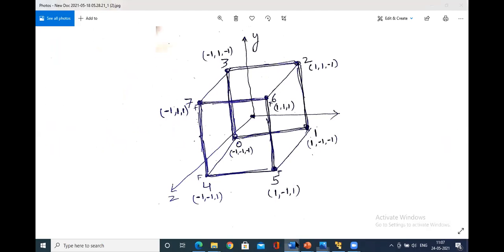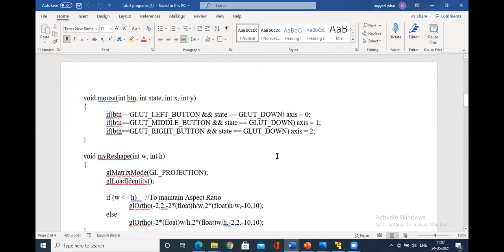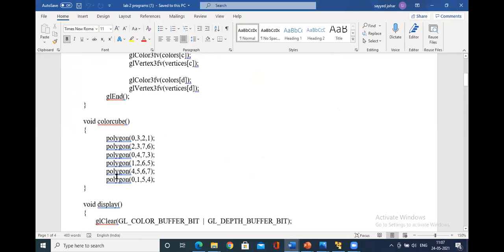The few people who are getting errors in the cube program, exactly what you're going to do is, maybe there is a problem in representing these faces.